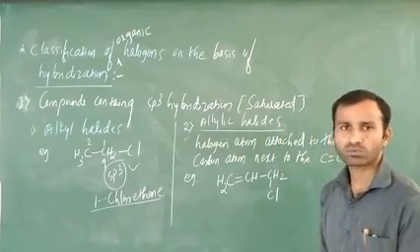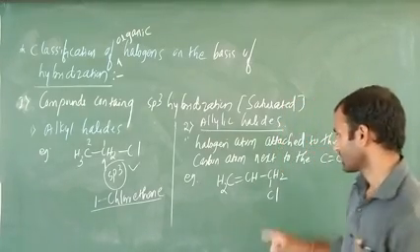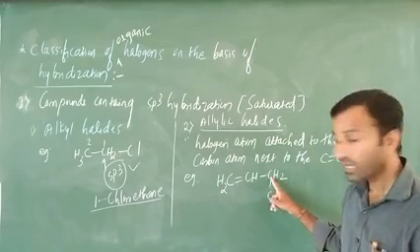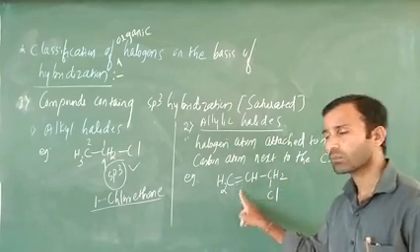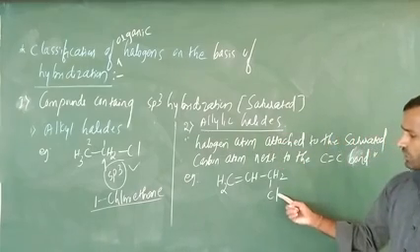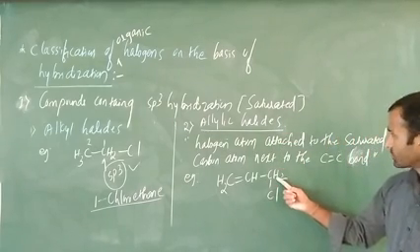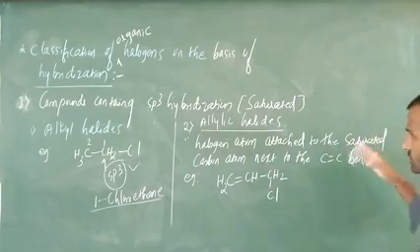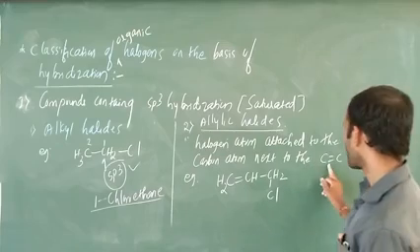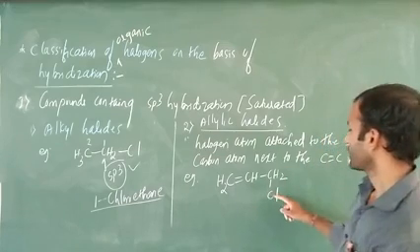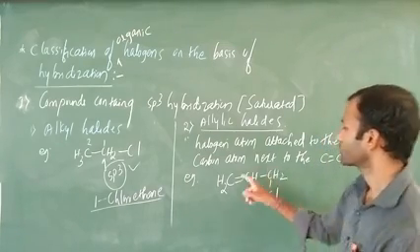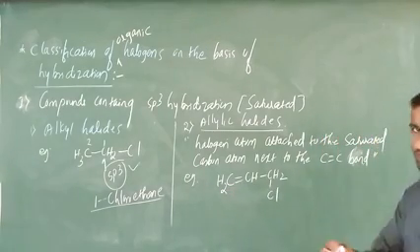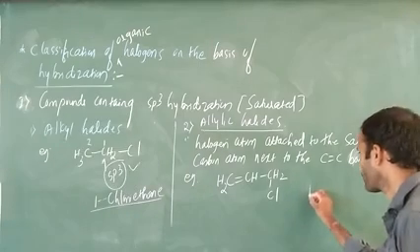With the help of the example you have to write a definition. Just see here, the Cl is attached to this carbon, which is saturated and next to the carbon double bond. The definition is very simple. The halogen atom attached to the saturated carbon atom next to the carbon double bond. Okay, the halogen atom attached to this carbon next to the carbon double bond indicates an allylic halide.